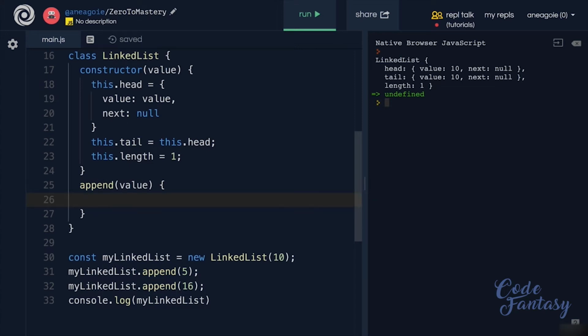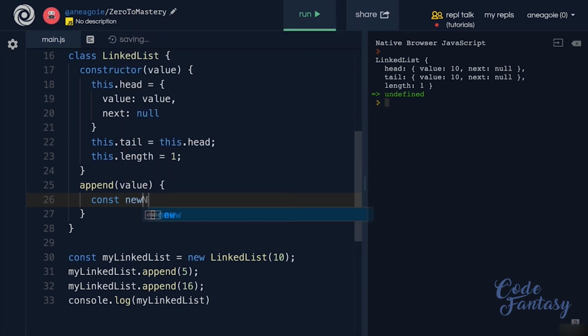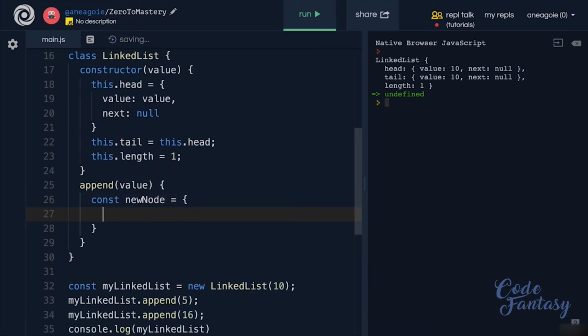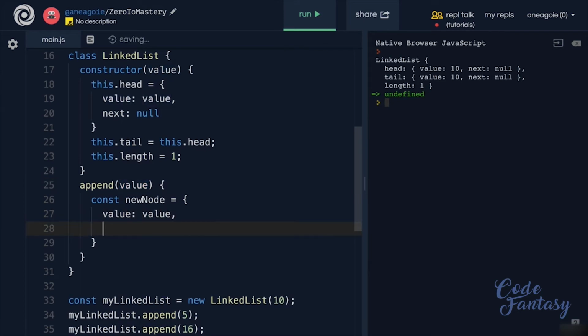The first thing we would want to do is to create a new node with the value. And we can do that quite easily, saying const newNode. That's going to equal, well, an object with the properties that we should be familiar with by now. We have value that is going to equal the value that we get as a parameter. And then the next, that will be null. So we have our new node here, and we want to attach it now after the 10 node, which is